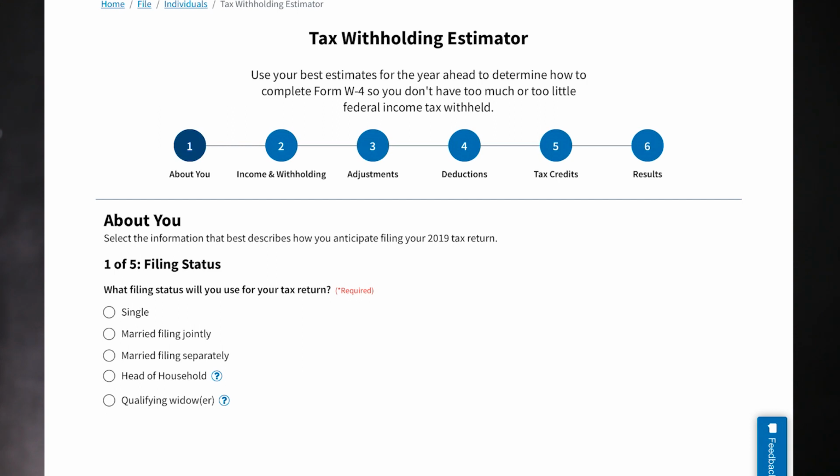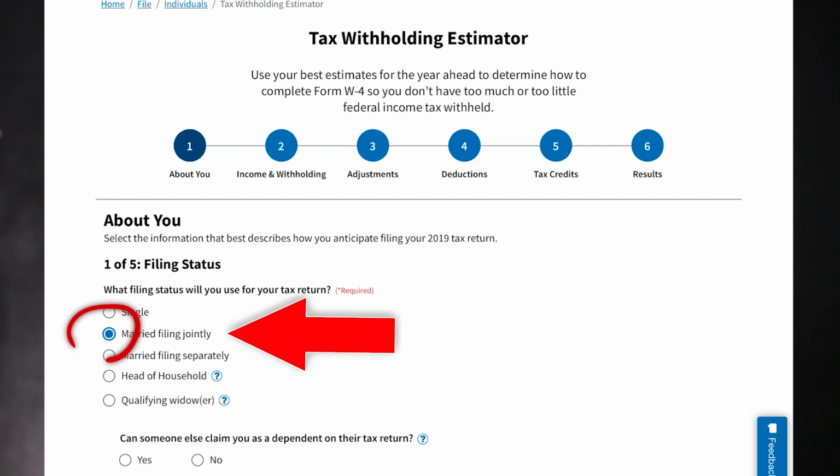Again, in our example, we're going to make $120,000, married filing jointly, 2 kids. I'm going to point out that they're both under the age of 17, so let's say they're 3 years and 5 years old. So, married filing jointly right there. You can see it's going to walk you through all these questions. Another reason why I like this calculator is because you can jump backwards and forwards without having to redo